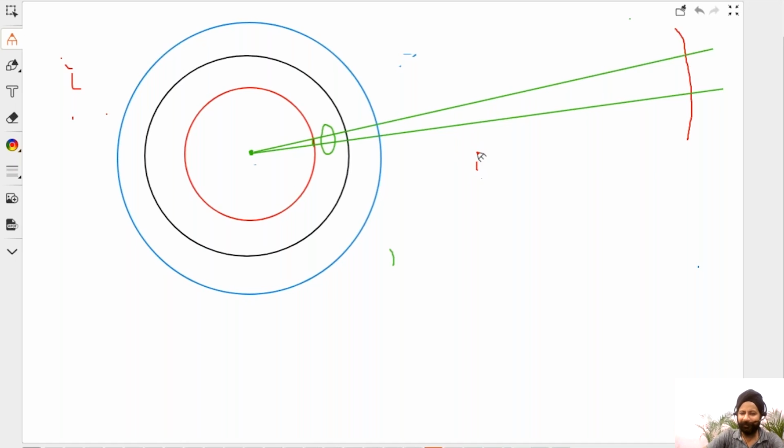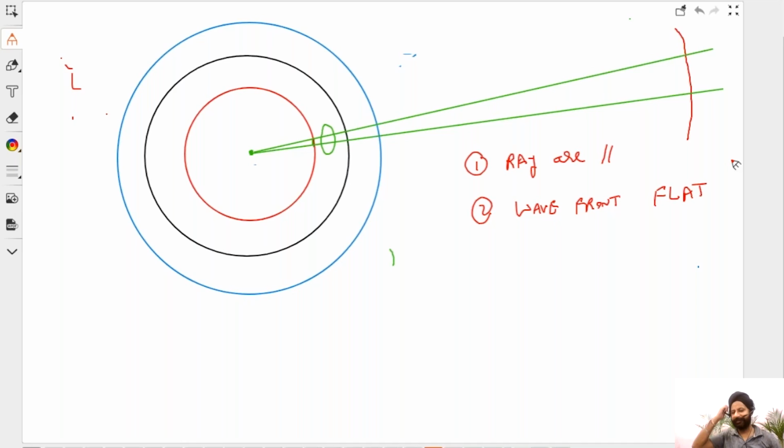I'm saying when you go far away, two things happen. First of all, if you're looking at the rays, they become parallel. Rays are parallel. They look like parallel. Number two, if you look at the wavefront, the wavefront becomes flat. There is no curvature at all. So the farther you are, the more the flatness in there. Does everybody agree? Then I'll move on to the next slide. Right, far away, two things. First of all, rays look like parallel and the wavefront looks like a flat wavefront. There is no curvature because all that curvature is gone. It looks like a flat thing.